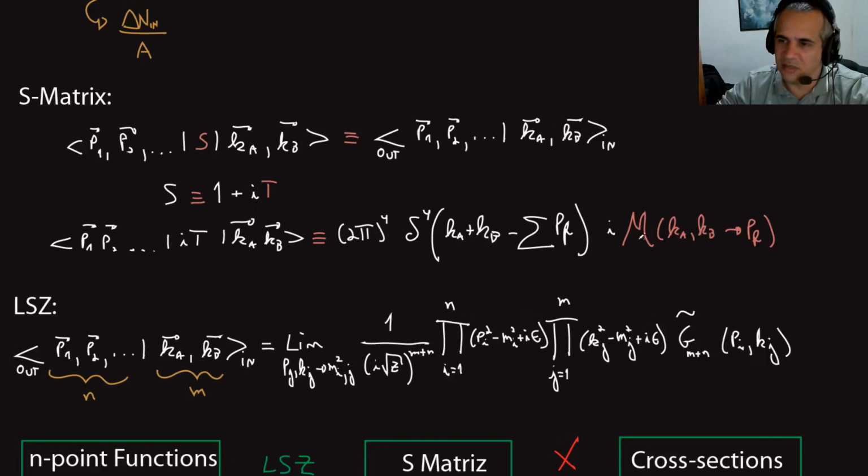Because this part is just kinematics, it's just conservation of momentum and energy, right? So really the information about the dynamics of my theory comes from this part, which is also Lorentz invariant, which is very convenient. And then I didn't prove, but I told you that there is the LSZ reduction formula that